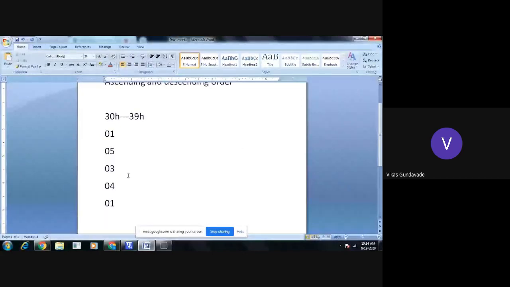Now to arrange all these numbers in ascending or descending order, what we need to do? We need to compare the first two numbers. After making the comparison, one number will be smaller and one number will be larger. So we keep the first number as it is. The second number will again get compared with the third number. If the third number is smaller than the second number, then it will get shifted to the second position, and the second to the first position.